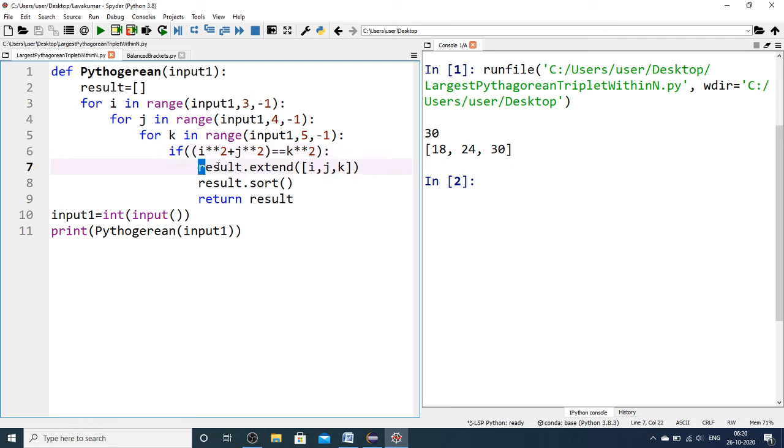Once I have added those i, j, k to the result list, I am performing the sorting and then returning that result, which we are able to see in sorted order. So this is my Python solution for the same problem. These solutions are already optimized.